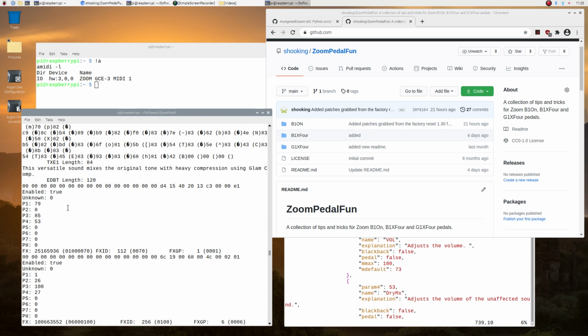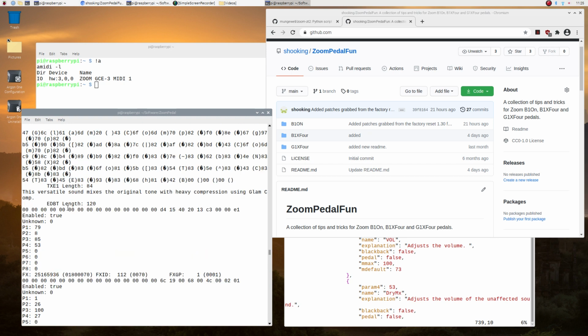So I'm geeking out about this. Yesterday, and the video will be out of sequence, you get this one first, yeah. Yesterday I took the GCE3. I told it, hey, please be a B1X4, and I loaded patches to it on a Windows computer. I now took this system apart next day, rebooted it onto my Raspberry Pi, modified some Munjal software so it can at least find the name of the device,